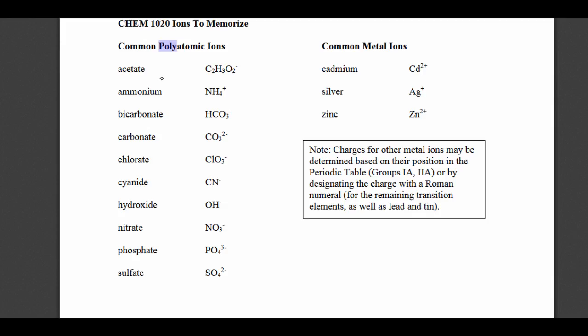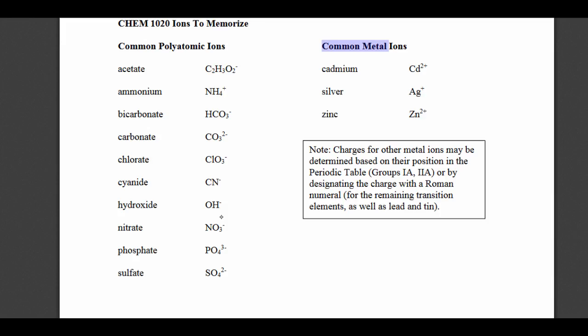The only positively charged polyatomic ion you'll be memorizing is the ammonium ion. That's the ammonium ion, and its formula is NH4 with a single positive charge. And then we'll talk about why these three